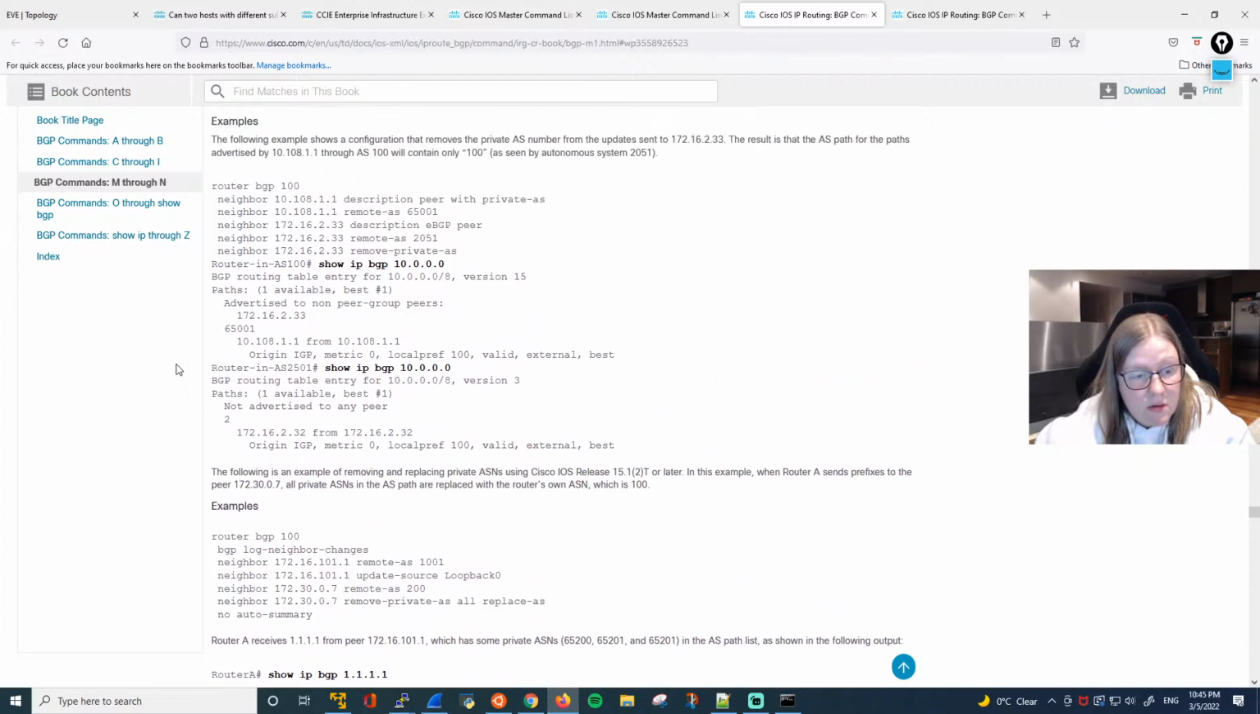Hold on. I'm not sure I understand this output. This is a private AS number. Ugh, my brain is shutting down. Okay, I need to think about this. How do we want to configure this? Because now we have used the private AS numbers, so